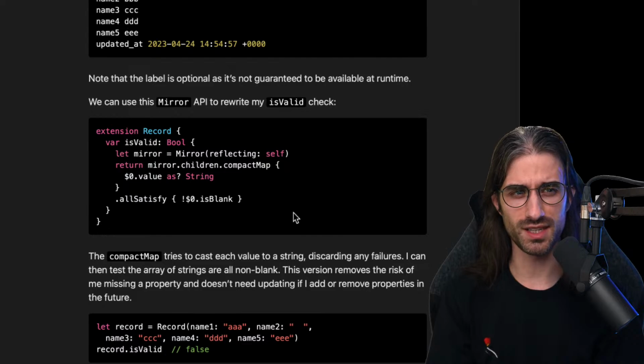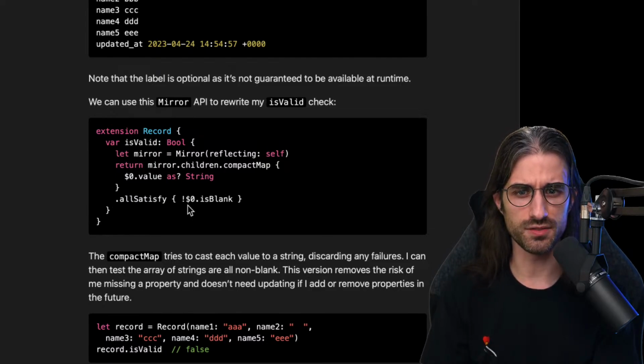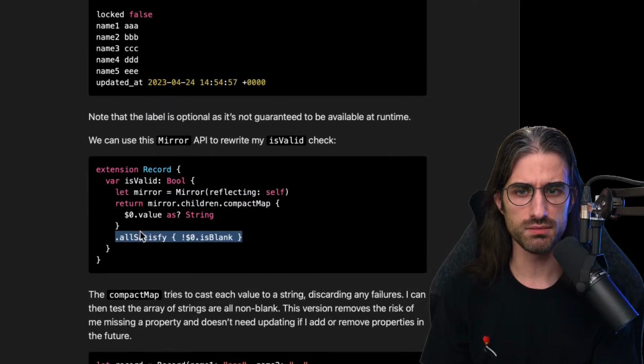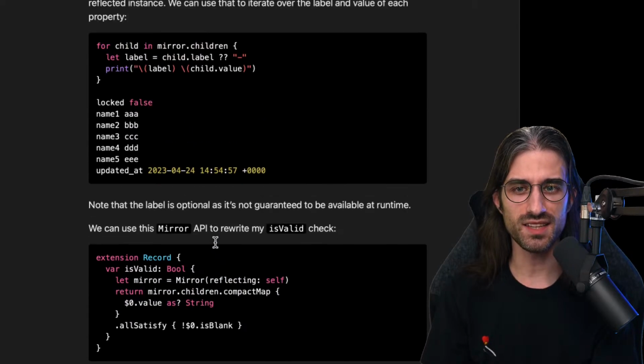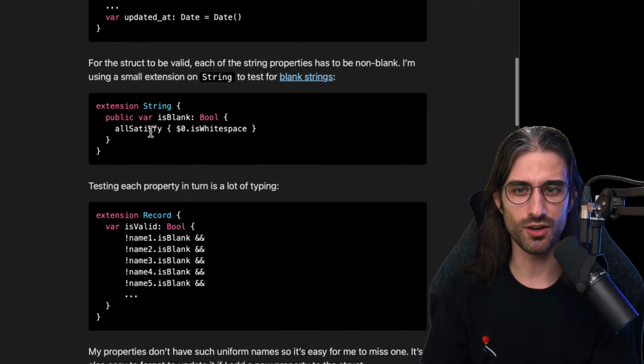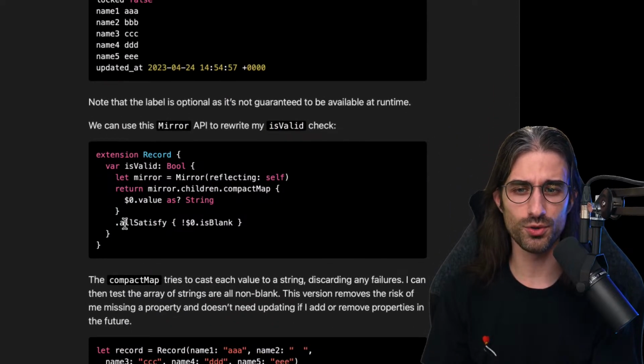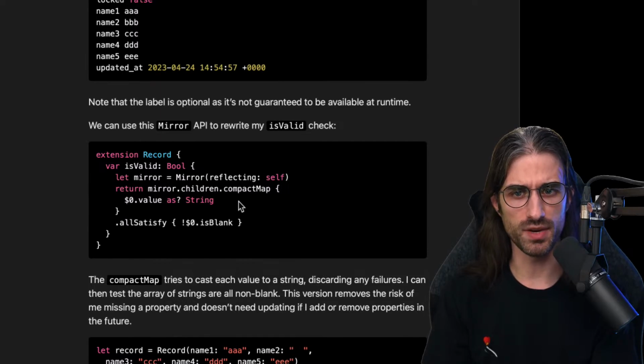You can see it as a cast and then a filter to remove the nil values. And then allSatisfy, which was already there. Inside isBlank, it uses allSatisfy, and here it also uses allSatisfy on the result of the compactMap, which makes total sense.